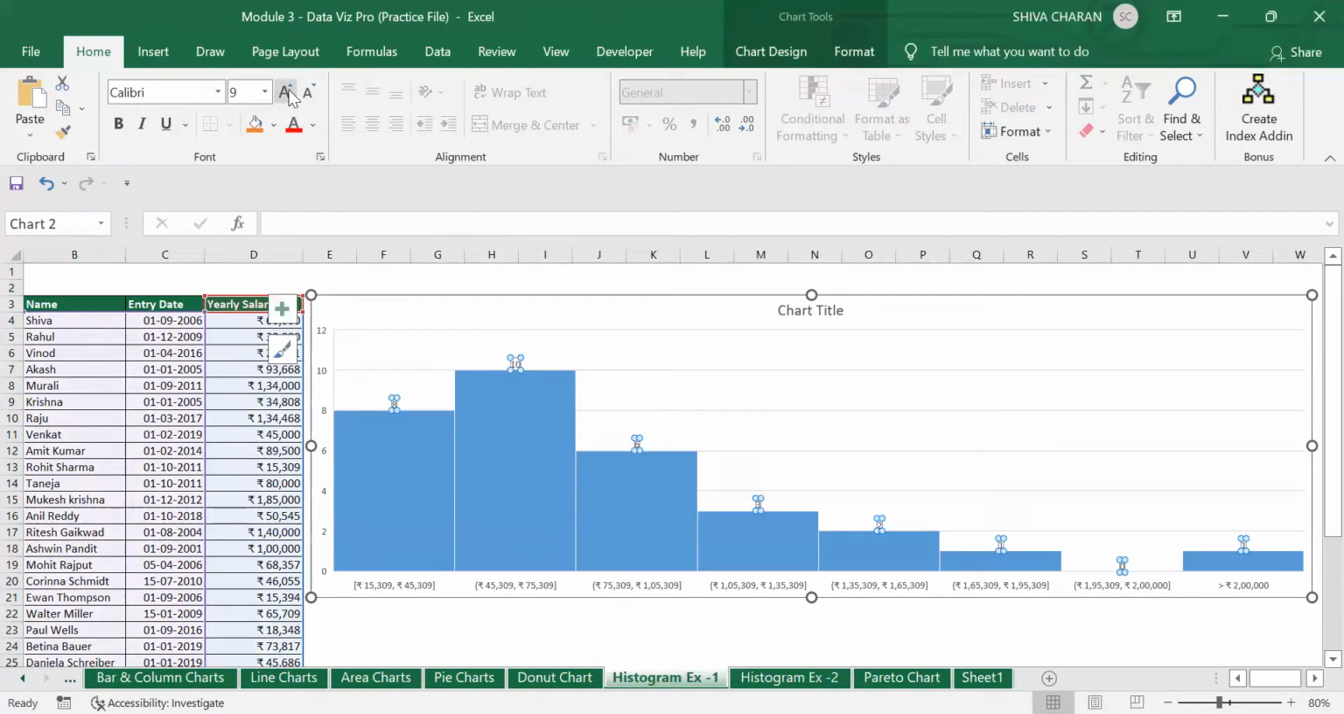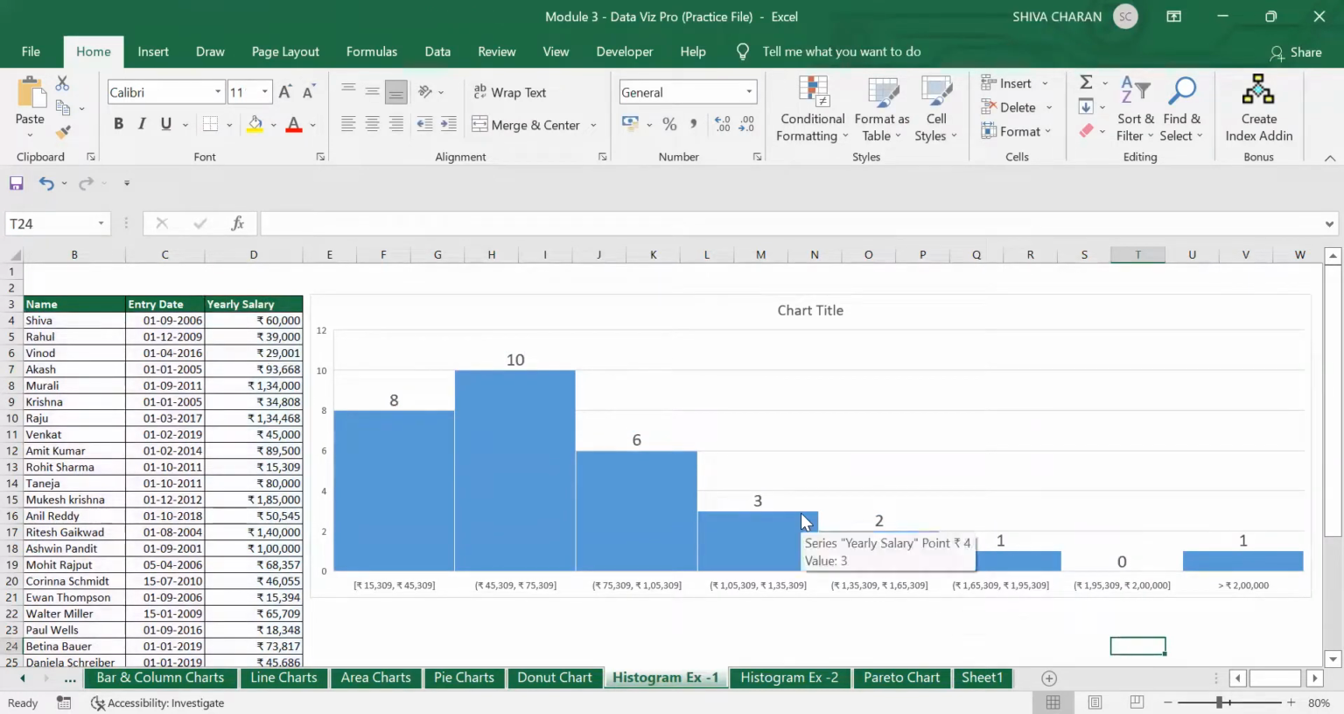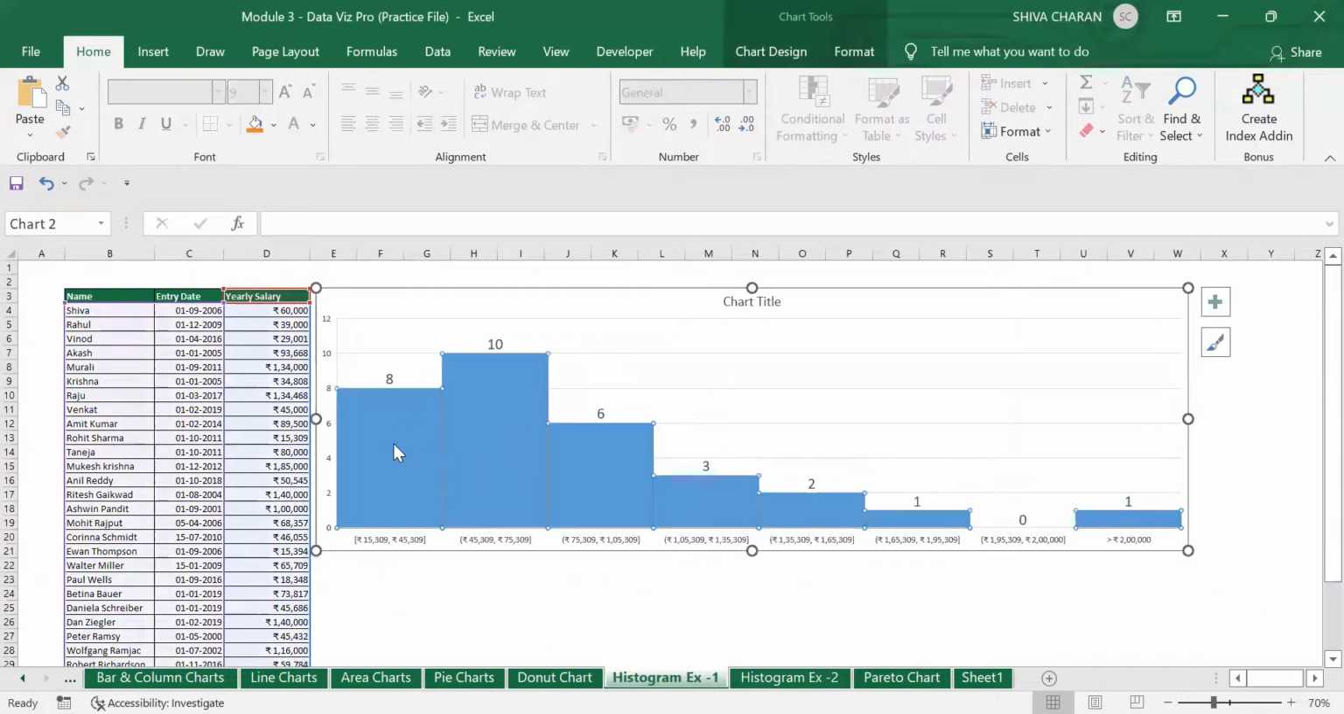We can also increase the size by selecting the data labels and clicking on this increase button. Now we have increased the data label size as well. Now let us understand this histogram chart first. So let me decrease it. Here you can see the first bin indicates that